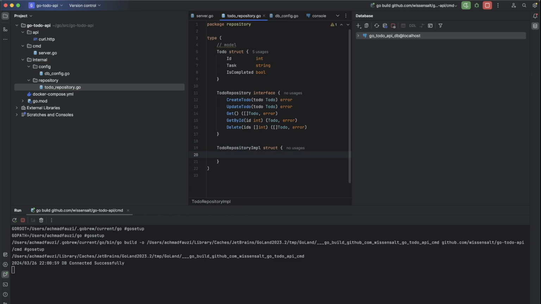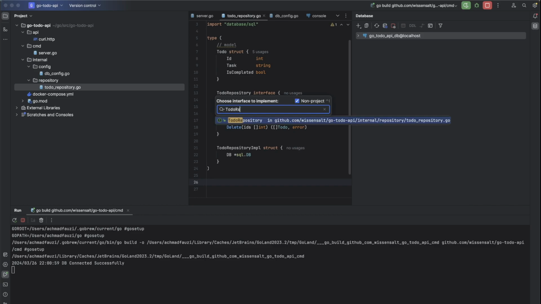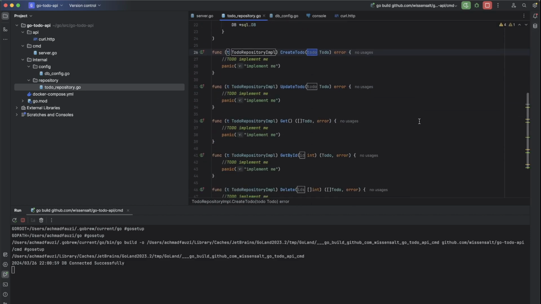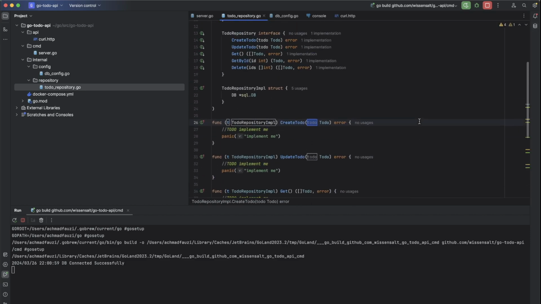It will require dependency from the DB, which is pointer of sql.DB. Then implement the interface todo repository from todo repository. All right. Now we have the implementation for each method.